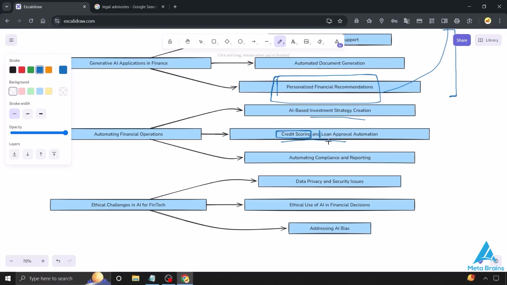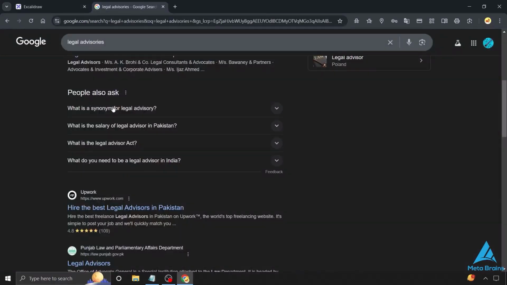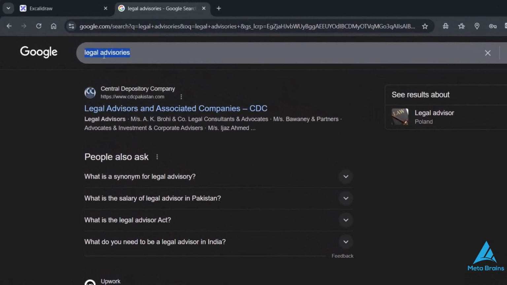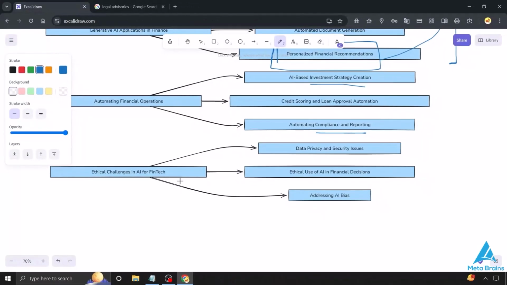Then we have our compliance and reporting, because the most important thing here is that we can simply work on our legal sections, and we have the different types of tax-proven data included here. So we can also utilize our AI. At the end, we have our ethical challenges. These are available on a larger scale, and for that, we'll get our discussion.